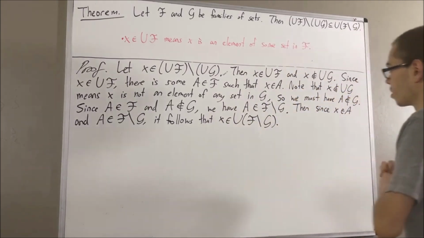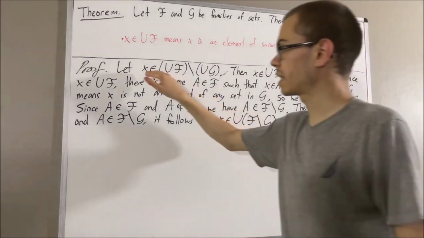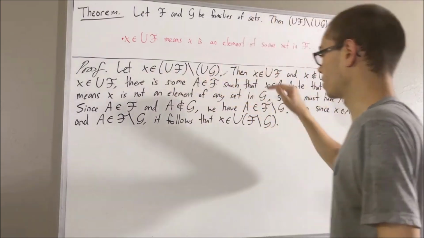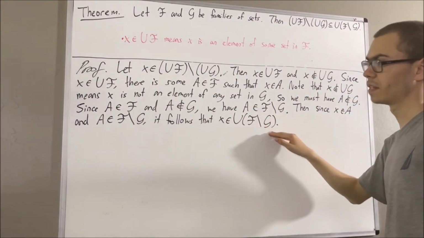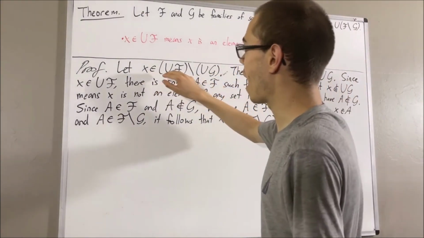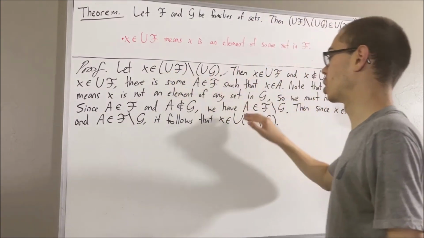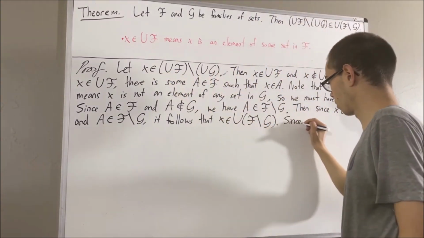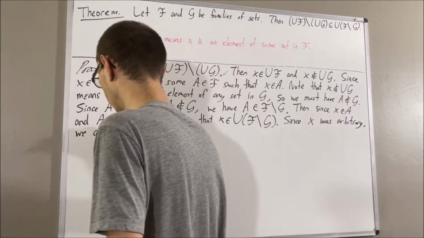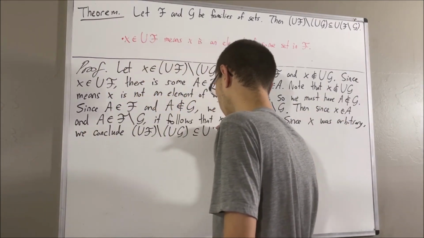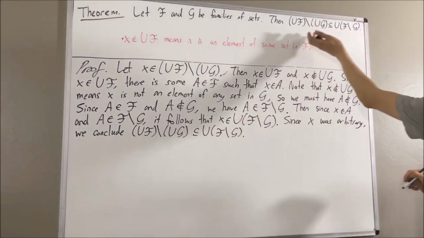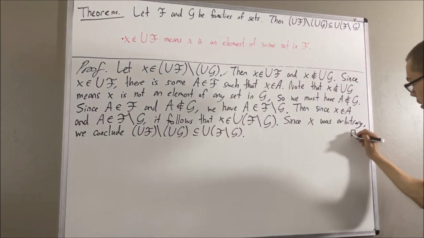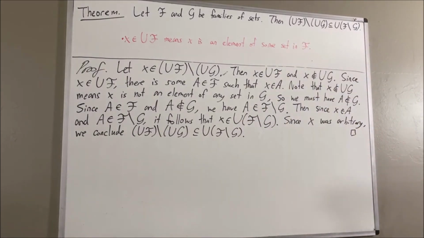And now putting this together, we see that under the assumption X is an element of this set, it follows that X is an element of this set. Since X is arbitrary, this means that every element of this set belongs to this set. And that is exactly what we wanted to prove. So this completes the proof. And so yeah, that's